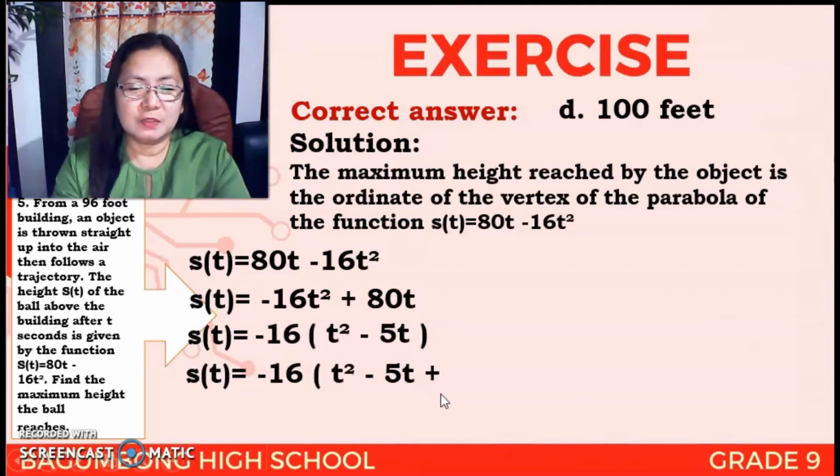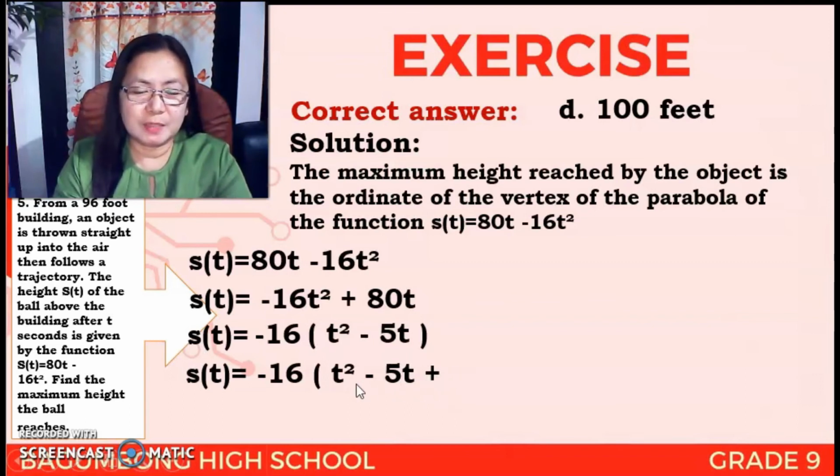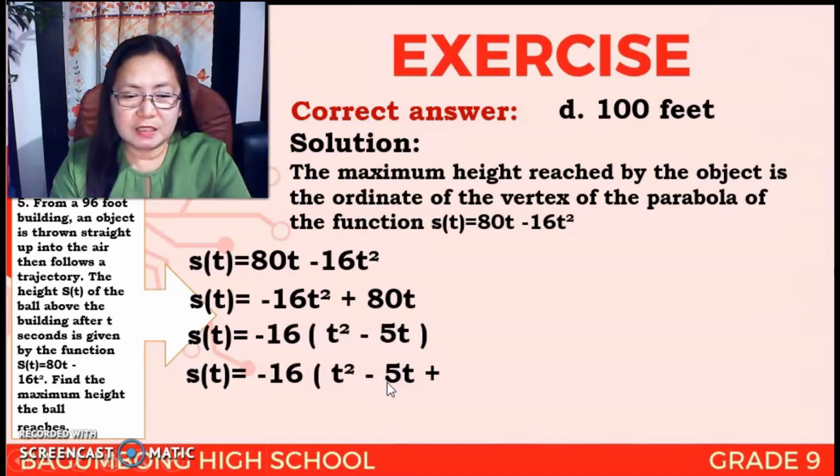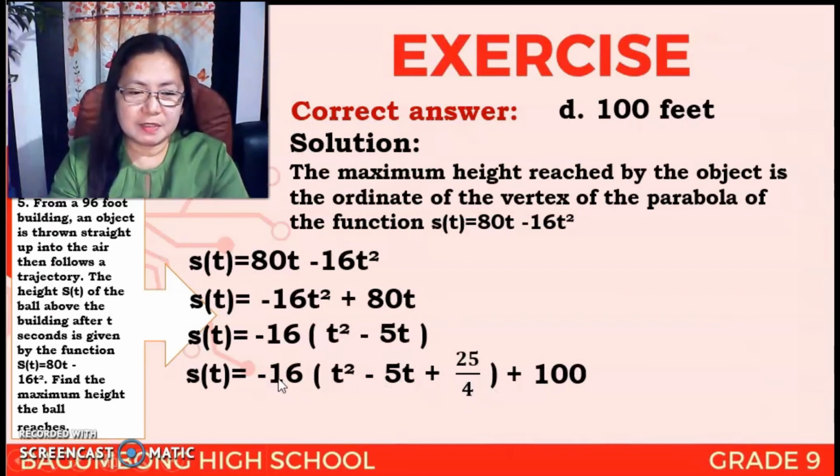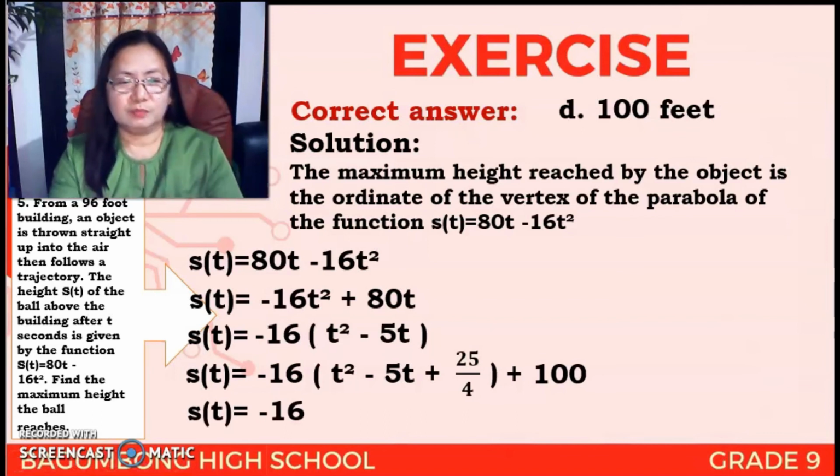So, how to determine the number added to make it a perfect square trinomial? Coefficient of the linear term, negative 5, divided by 2, then square the result. So, that is negative 5 over 2 squared. That is 25 over 4. So, 25 over 4 times negative 16 is equal to